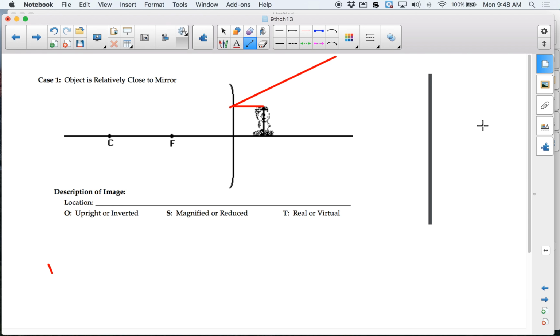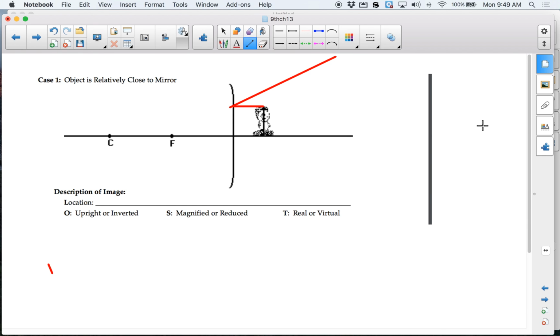Now, how do we draw the second ray? On the concave mirrors, you go straight towards the focal point until it hits the mirror, and then it comes off parallel, right? It's like the opposite of this one. This one goes parallel until it hits the mirror, and then it's going to ricochet. This one goes towards the focal point until it hits the mirror, and then it goes parallel. Now, so you would line this up like this, right? From the top of the object, you would draw a ray that goes like this,